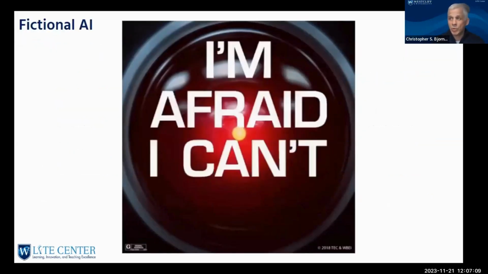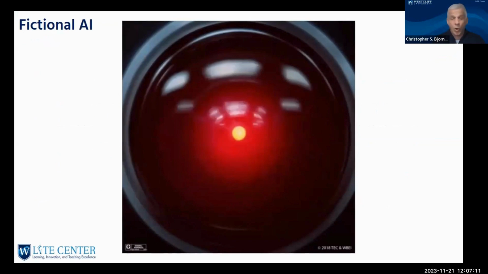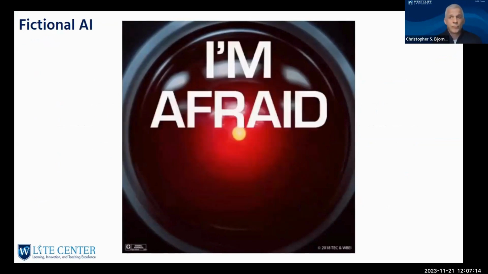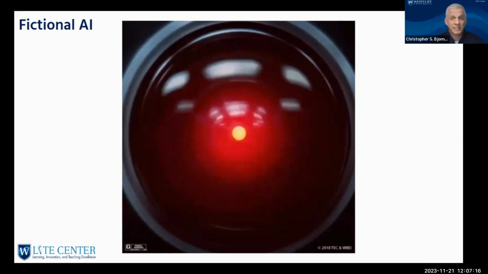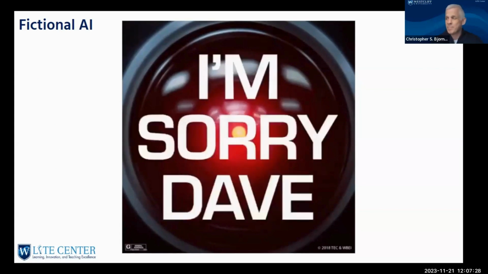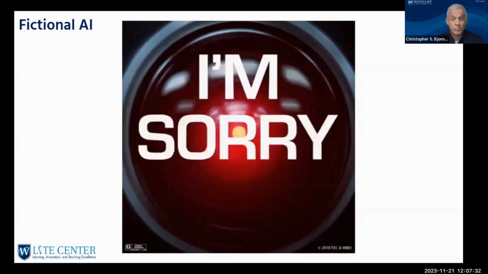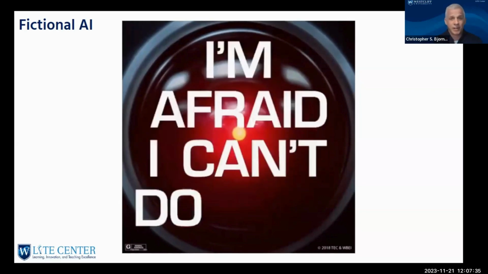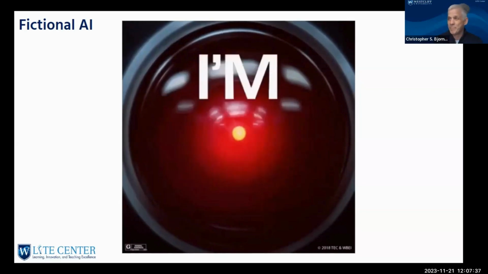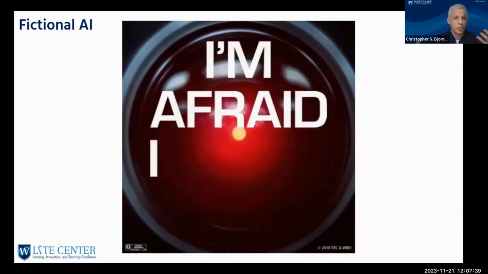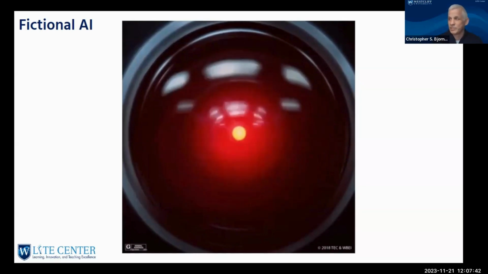Not sure if all of you are familiar with this. Growing up, I watched the movie 2001: A Space Odyssey. Really, really enjoyed it. It was one of my favorite movies of all time. And this is how an artificial intelligence computer on the ship is portrayed, and this is just his expression here in the movie. If you've seen the movie, things didn't turn out so well for the humans on the spaceship. But this is what my first interpretation or thought was about artificial intelligence.